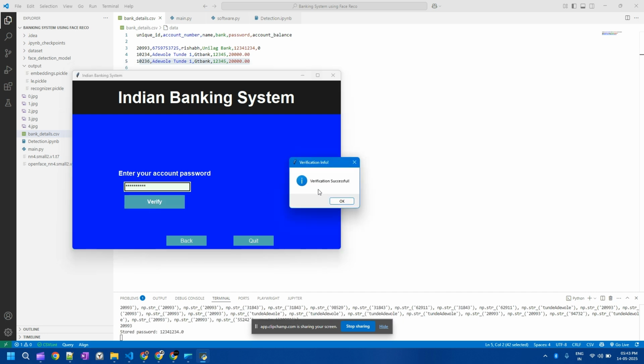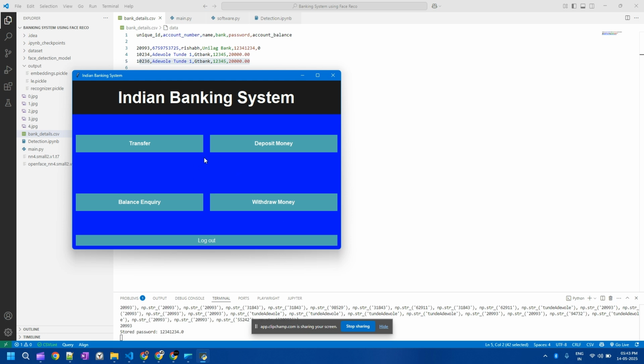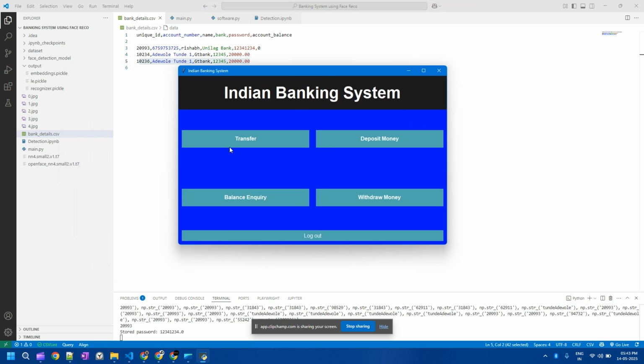So now I have successfully logged in, and also my password is displayed here, the stored password. If sometime I enter the wrong password, then it will show me my stored password here, so that you can log in. Just log in, and this is the dashboard with transfer money, deposit, balance inquiry, and